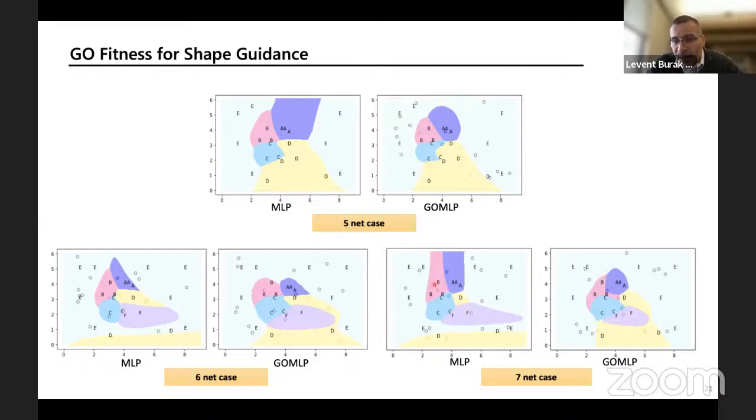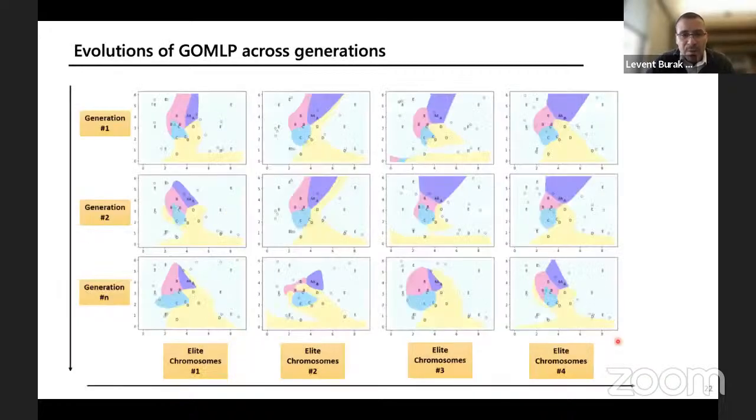Likewise, you're seeing here certain shapes that are disconnected. For instance, the yellow D net is actually disconnected, but through the genetic shaping, we can now start connecting those disconnected islands. So this all works towards minimizing our objectives.